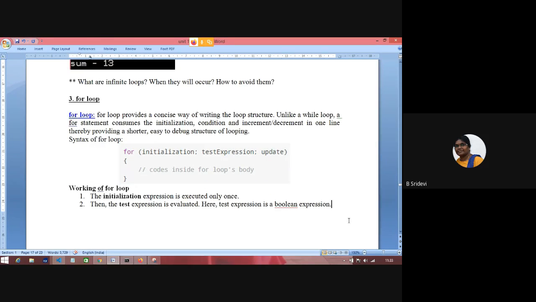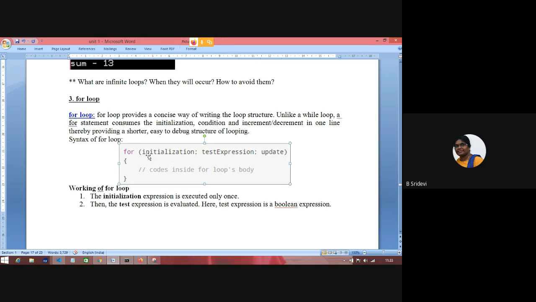For every loop, we should have initialization, a condition, and an updation. Initial value, some condition which should become true to execute the body, and some updation to come out of the loop at some point of time. Okay, so this is the syntax of the for loop. This syntax you might have used in your C programming. You have not used this in Python. Python has a very simple syntax for it, but it has a lot of limitations. Even though this syntax is hard, we can do a lot of wonders with the for loop of Java.